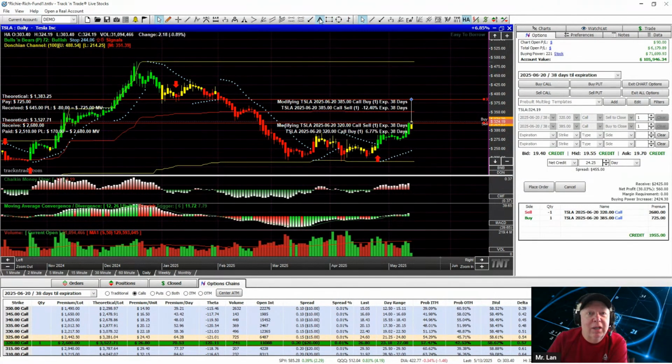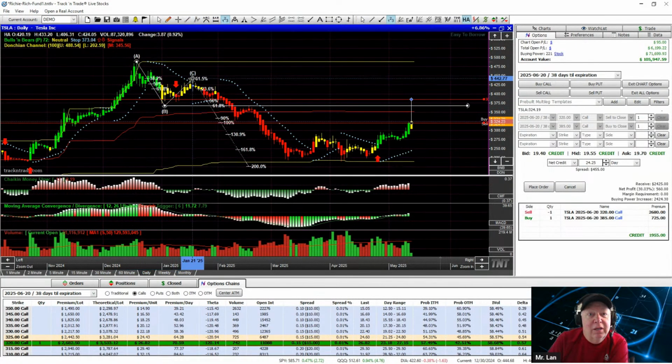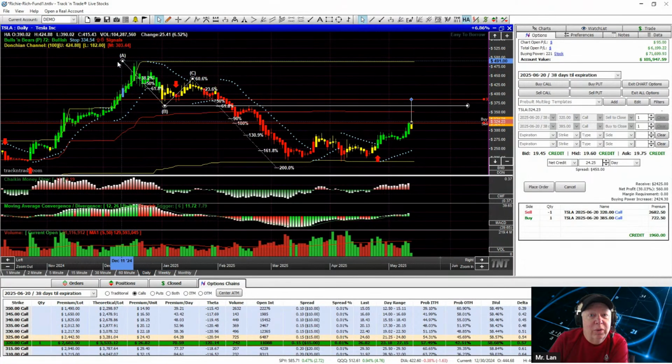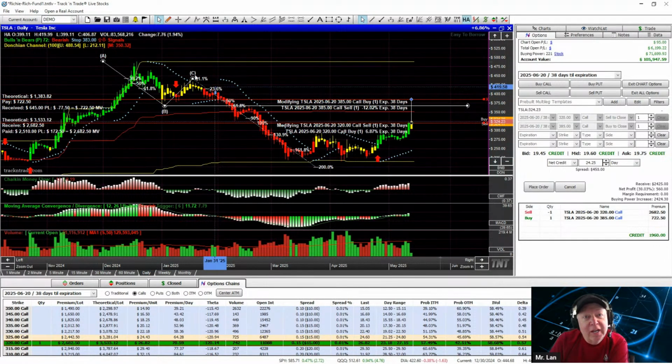I'm going to come in here and we're going to count this. So this first thing up here is a little ABC top formation, right? So it comes in here. This is our little ABC pattern. And it didn't drop quite as fast on the second leg as it did on the first. So we're going to do the little trick where you pull that out and line that up for the second leg drop. And so that came down to 161.8, which is a Fibonacci number,